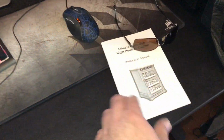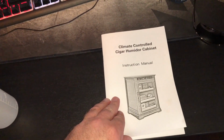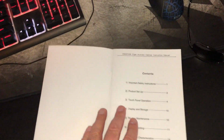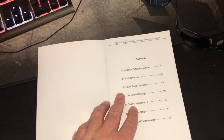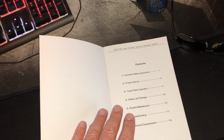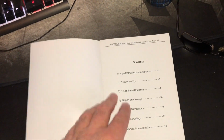So here's the manual. It's pretty simple. Even though it's an American assembled company, the manual does look Chinese. There is some Chinglish in it. And I'm not sure who the actual manufacturer is. I got it from First Class Humidors as the retailer. And I know there's some